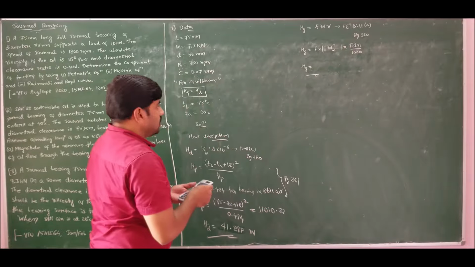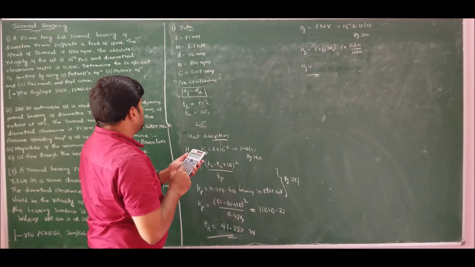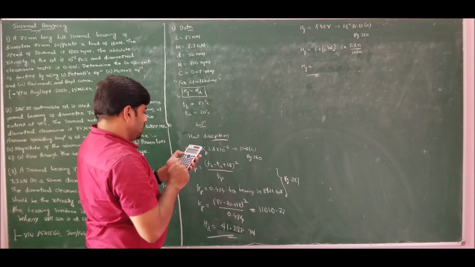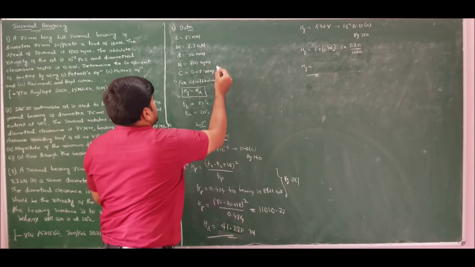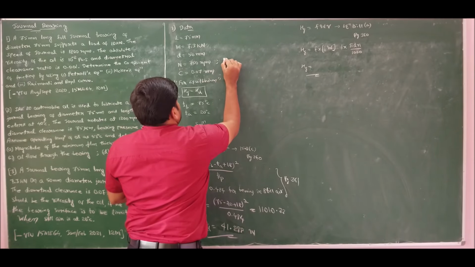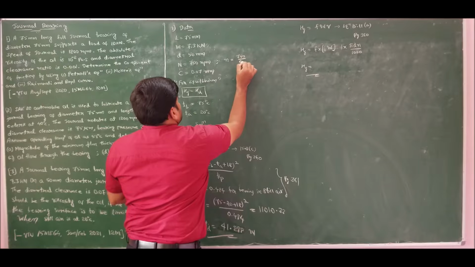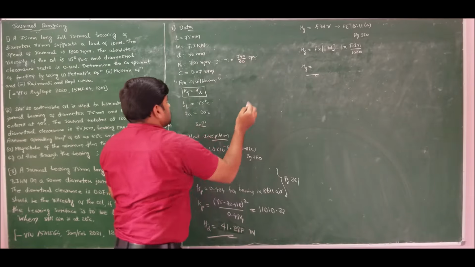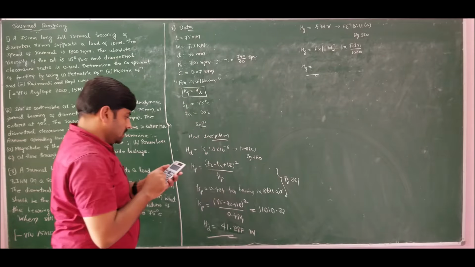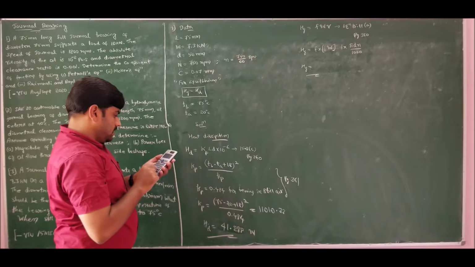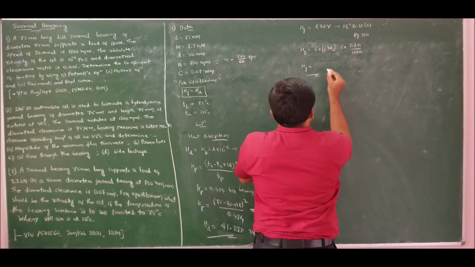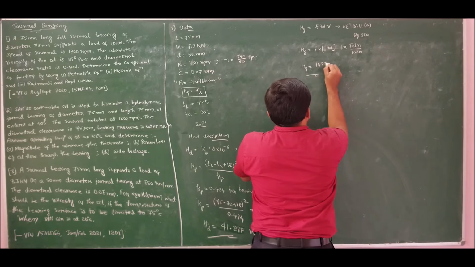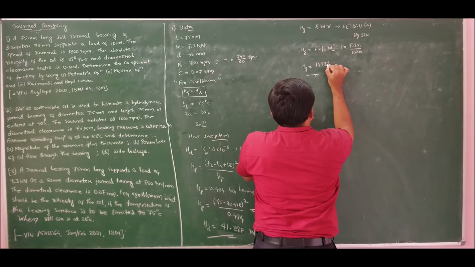Hence if I substitute all the values and solve, I will get in terms of F: W is 7.3 into 10 to the power of 3, multiplied by pi times D, which is 50, into small n, which is 750 by 60 rps, divided by 1000, which turns out to be 14,333.516 F.